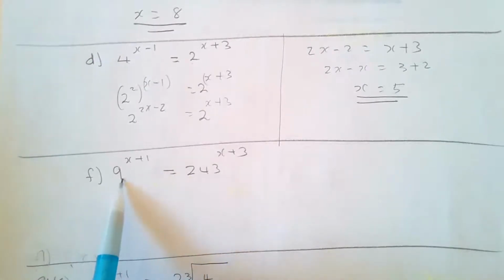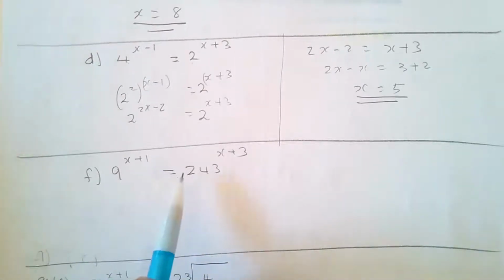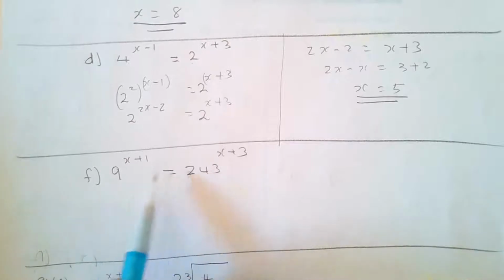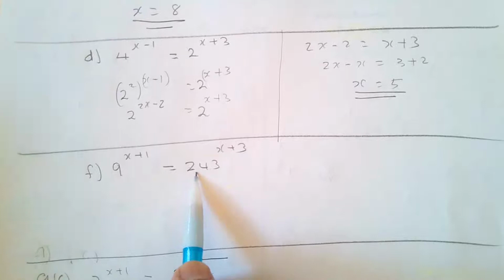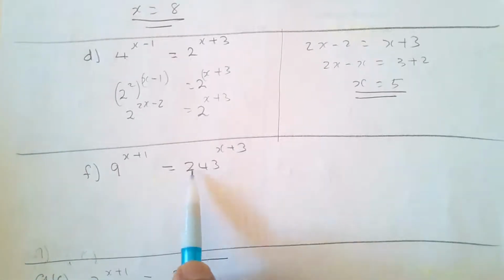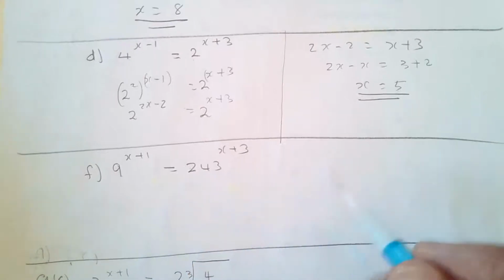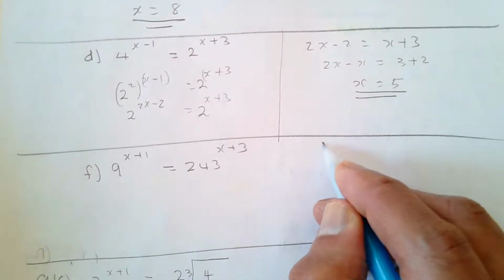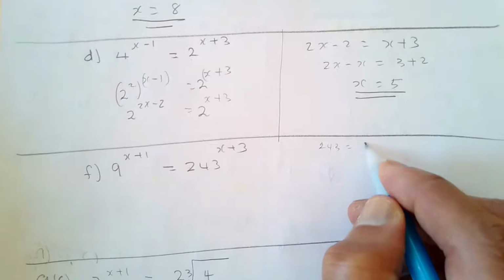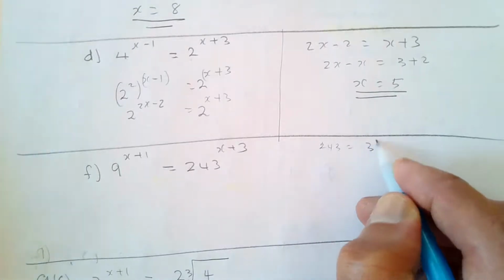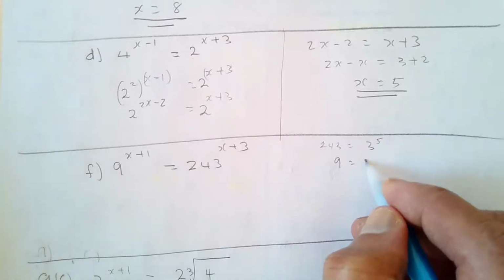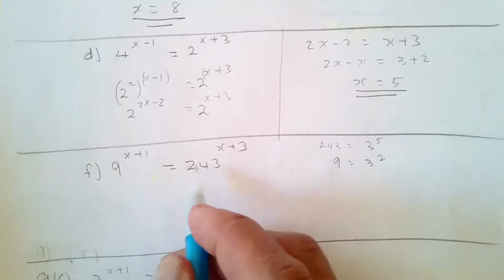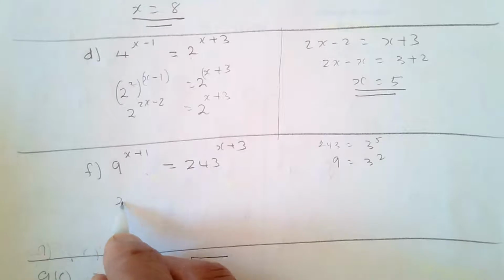So we write 9 with an exponent of 3 because we'll find a common base between these prime numbers. 3 can go into 243, 5 times, like 3 times itself to the power. So first of all, 243 is equal to 3 to the power of 5. And 9 is equal to 3 to the power of 2. So I'll rewrite these. So it becomes 3 to the power of 2